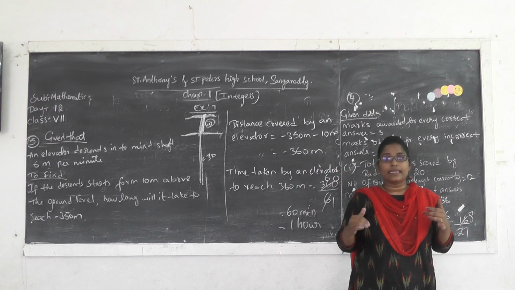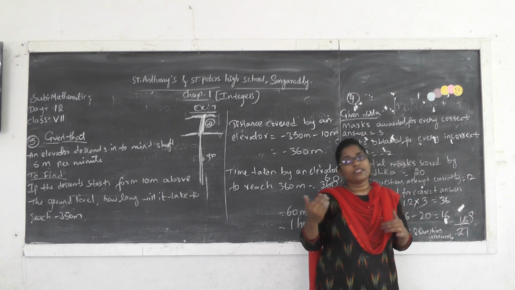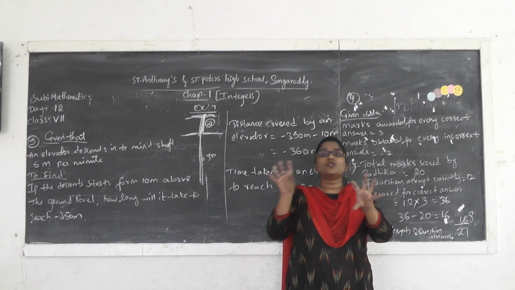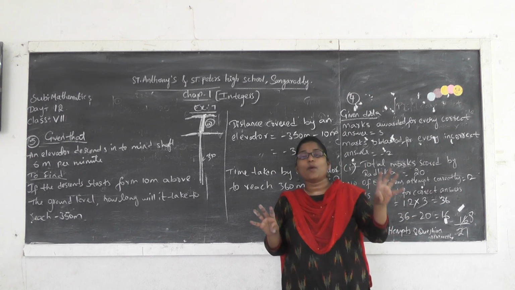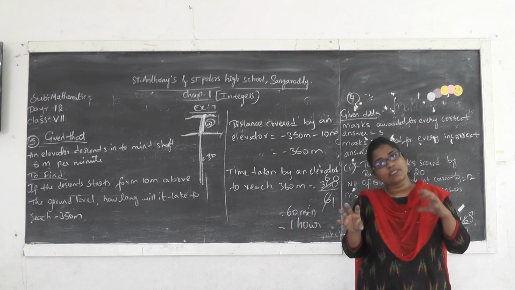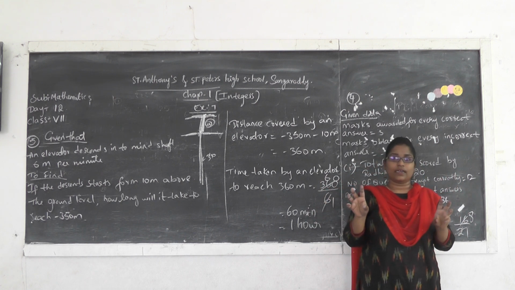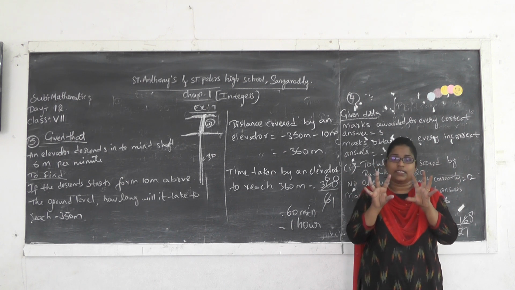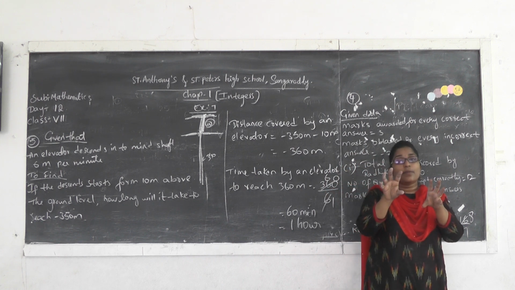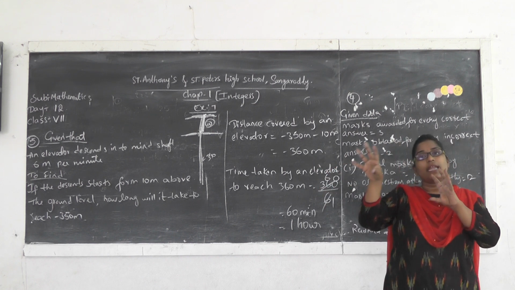And when we are comparing integers, when we compare two positive integers, the numerical value which is greater is the greatest integer, which is smaller is the smallest integer. But when we are comparing one positive and one negative integer, always the positive integer is greater. When comparing a positive with 0, always positive is greater. When comparing 0 with a negative integer, 0 is greater. When we are comparing two negative integers, this point is very important: the numerical value which is small is the greatest integer.